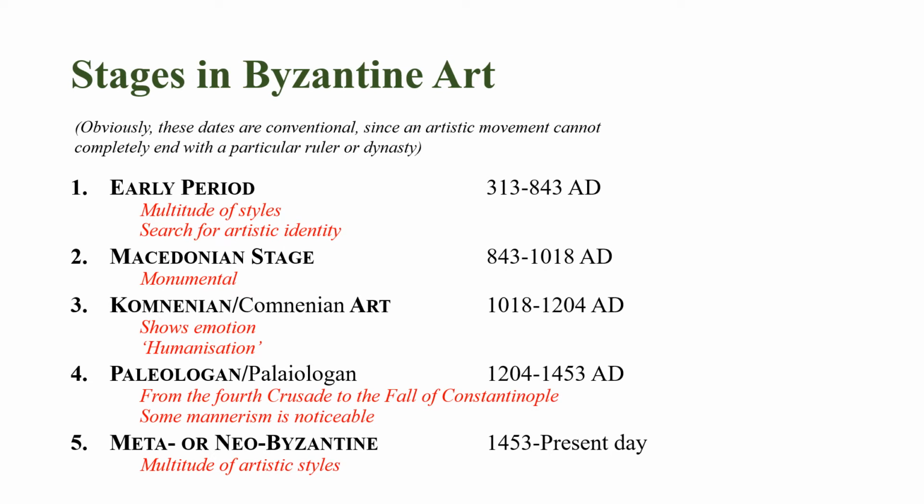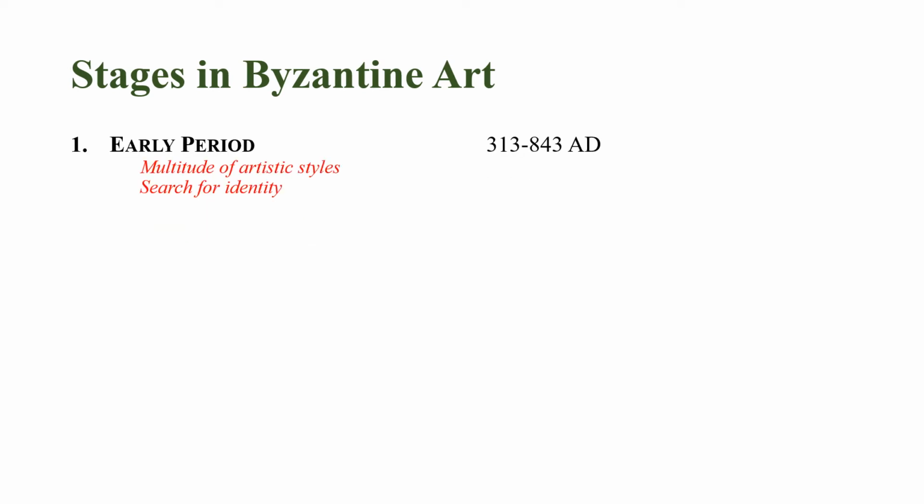As observed, some specific features are attributed to each stage of this process, but it is important to mention that none of them was pure. To a certain extent, each of them displays some features in parallel. For instance, it is no doubt that during the Macedonian phase, not only monumental creation, but also some smaller in size existed. Also, the symbolism that is peculiar to Byzantine art is noticeable in all its stages of development. Here is a presentation of each stage of artistic development in Byzantium in some detail